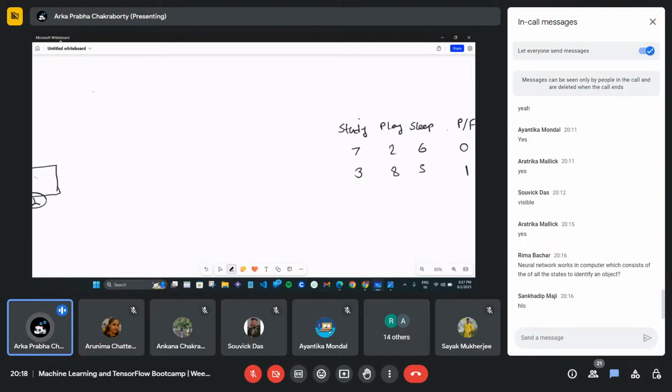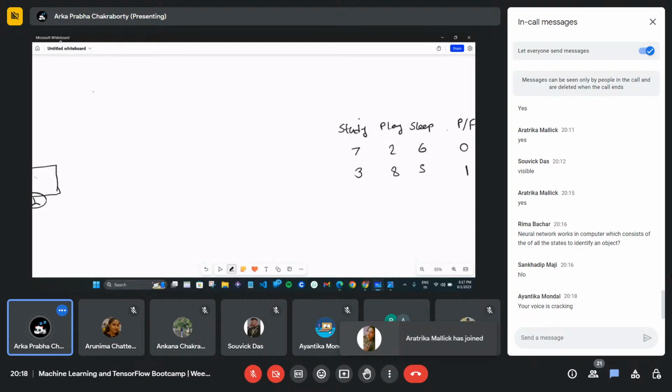A single layer perceptron is a very basic neural network, and it will be easier to understand than other neural networks. So if my data are like this, I will tell about this also.